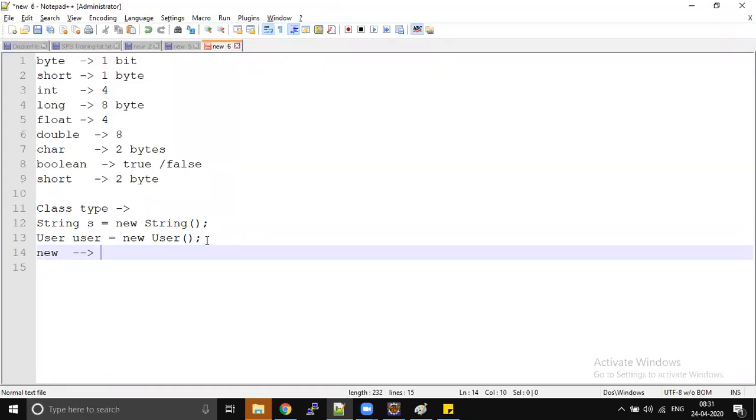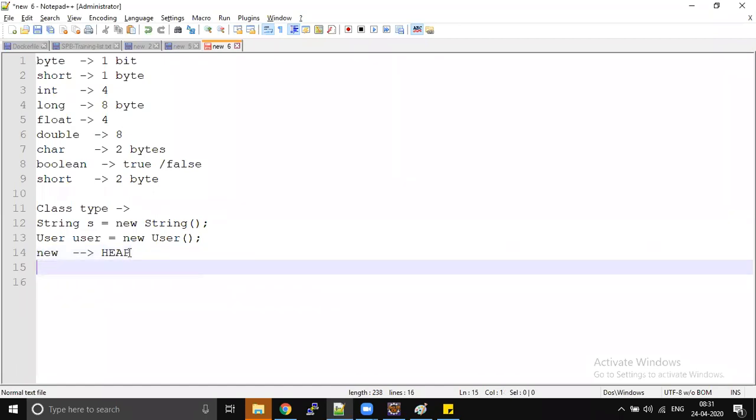In heap space. Yes, the memory will be allocated in the heap memory. So there is certain memory that will be allocated.